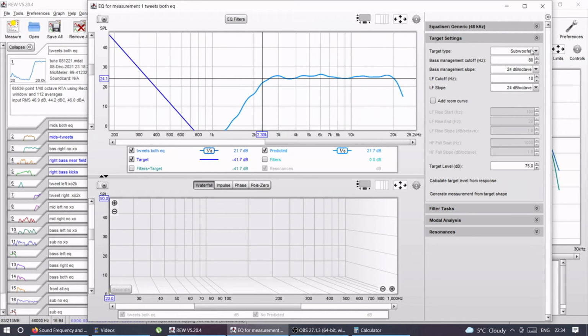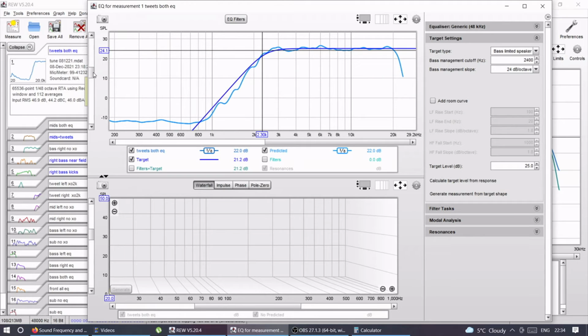And this is basically, you can set up your EQ to 24 dB, and this and this. So I'm gonna raise it up a bit, 25. There we go. So this, the dark blue line, is the theoretical 24 dB slope, and the light blue line